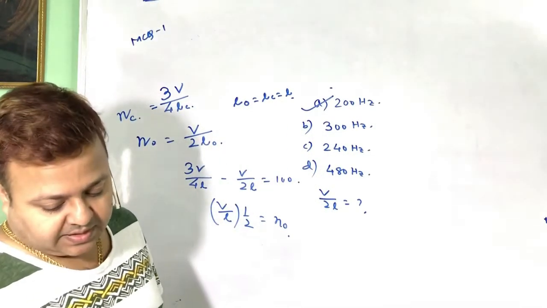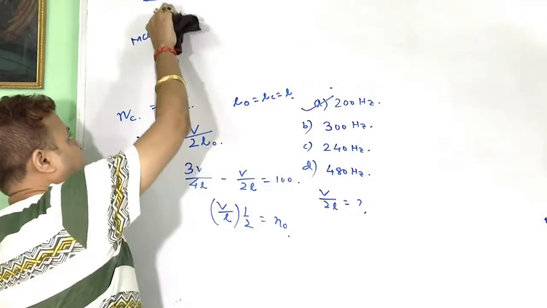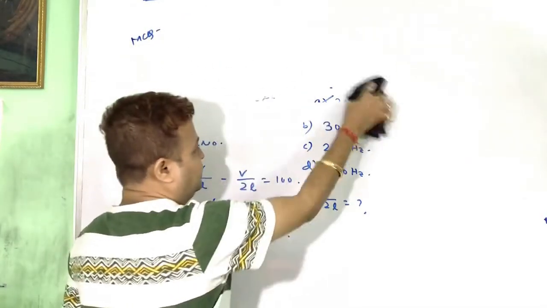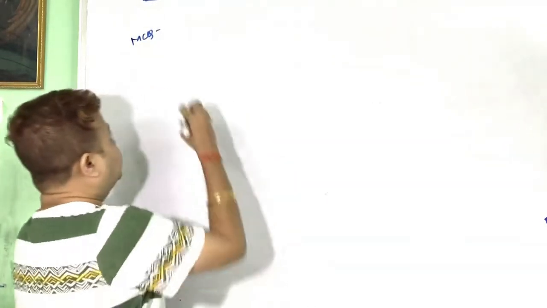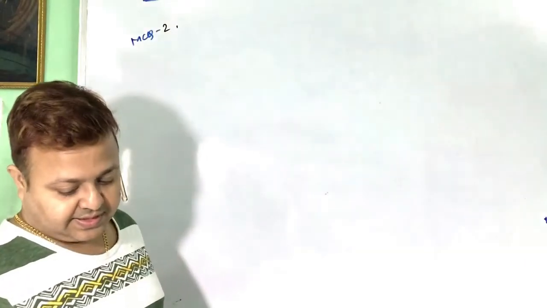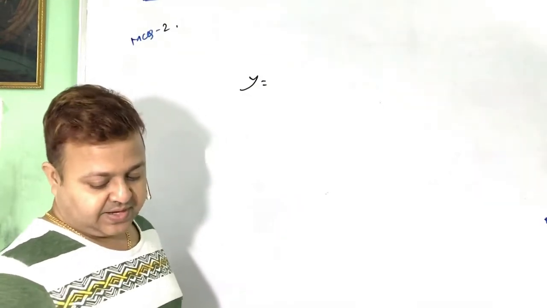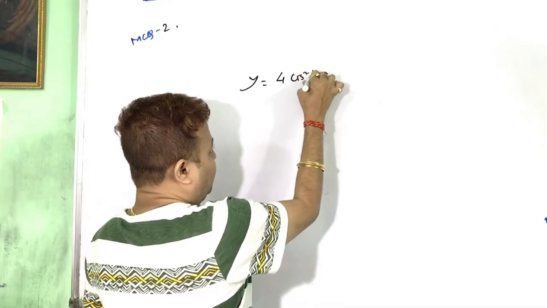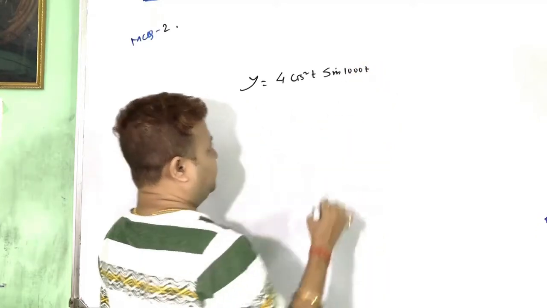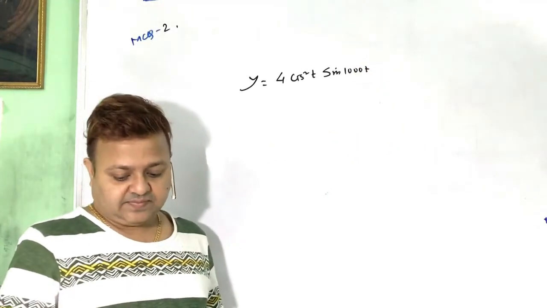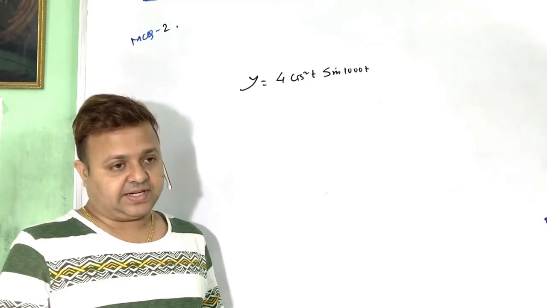Next, the displacement of the particle executing periodic motion is given by y equal to 4 cos square t sin of 1000t. প্রচুর MCQs আছে।